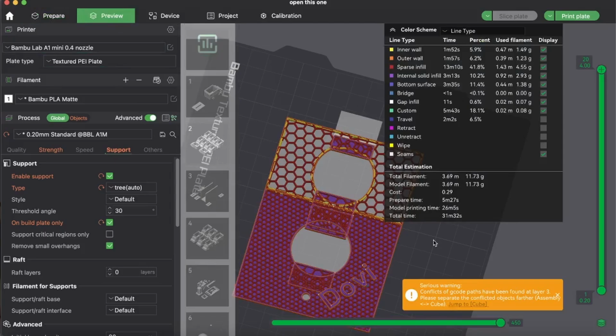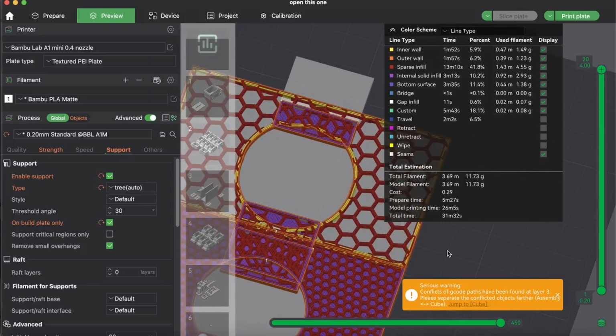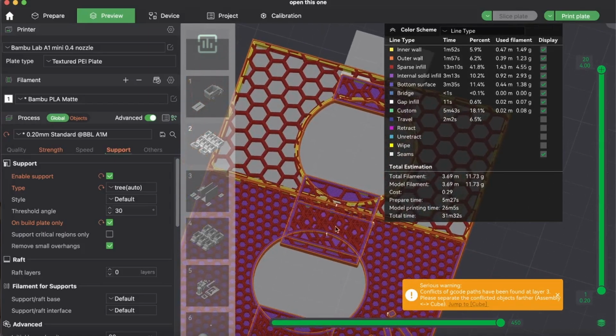Okay, so the reason why it came out so bad is because of this warning: conflicts of G-code paths have been found at layer 3. Now, this wouldn't be so bad if it was just one hiccup or one layer, but it just says layer 3, and it's actually every single layer in here. And so the way to get around that is by